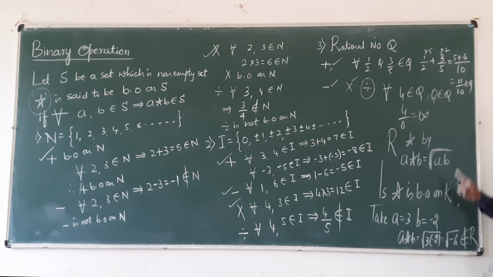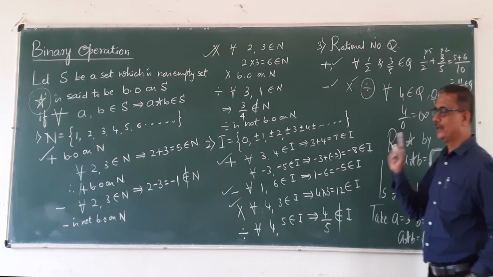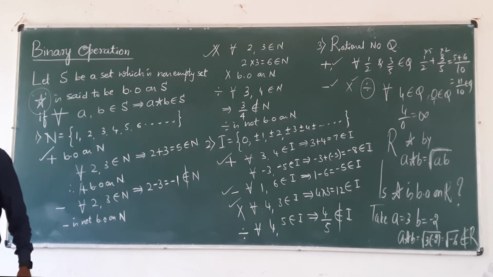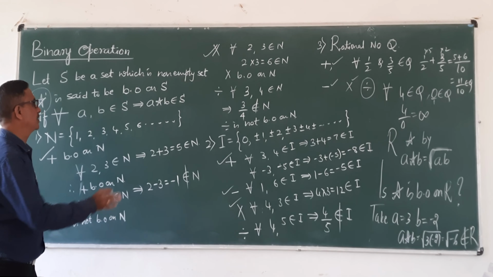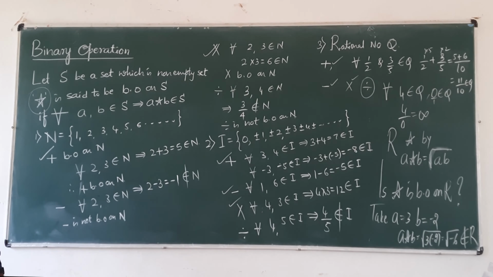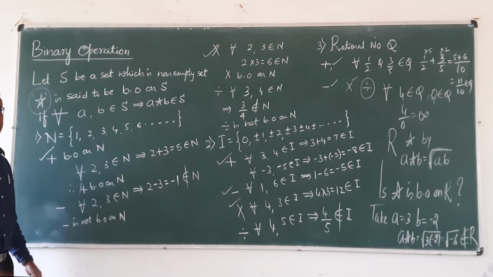Clear students? So remember, in general, the definition of binary operation: take a non-empty set S. An operation denoted by the notation star is said to be a binary operation on the set S if, for every element,